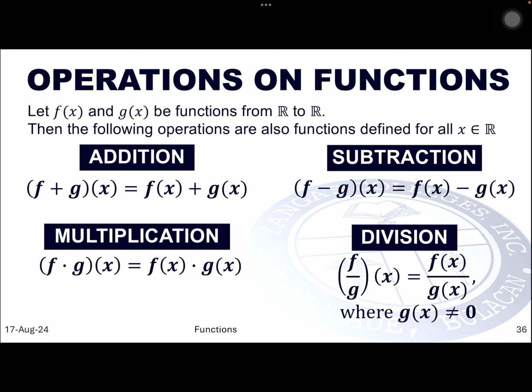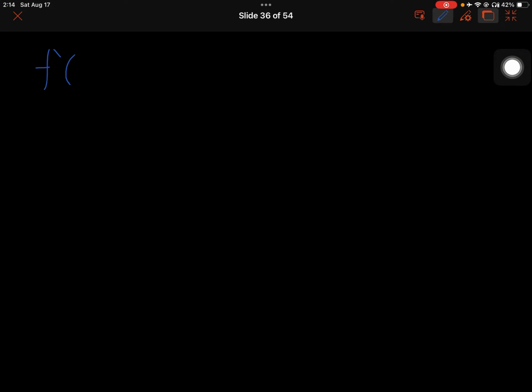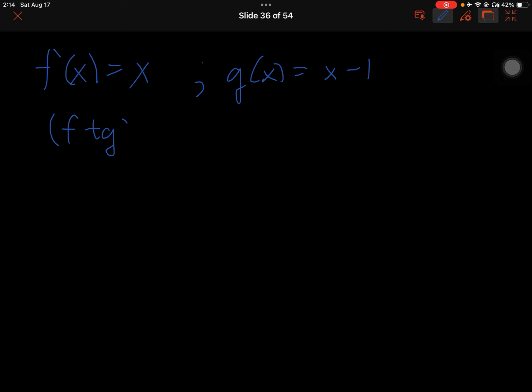So for the addition, for example, we have the given functions f of x is equal to x and g of x is equal to x minus 1. An example for the addition is this: f plus g of x. How do we find this one? We just have to separate them. So this is f of x plus g of x,